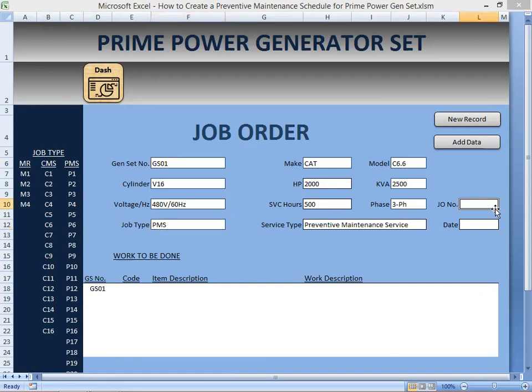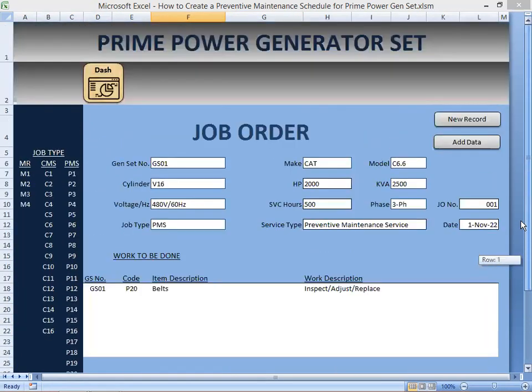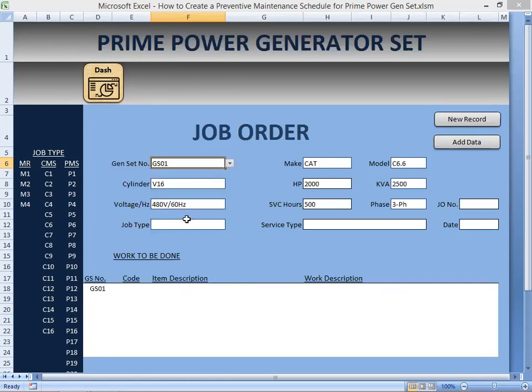001, 11-1 first, and then give it to, let's say, P20, which is belt, inspect, adjust, replace. This is mechanical, so we're going to give it to, let's say, number 12, William Bell. Mechanic, assigned mechanic. Add data, new record, and then again